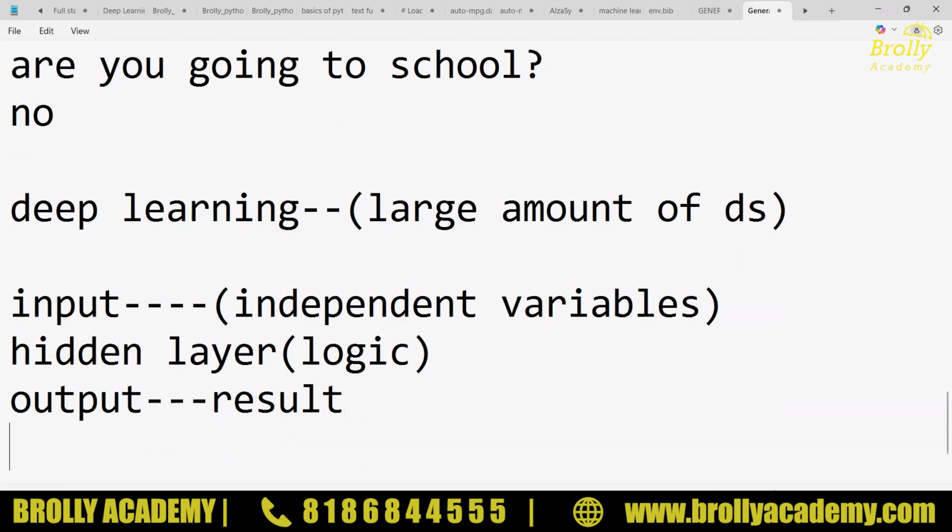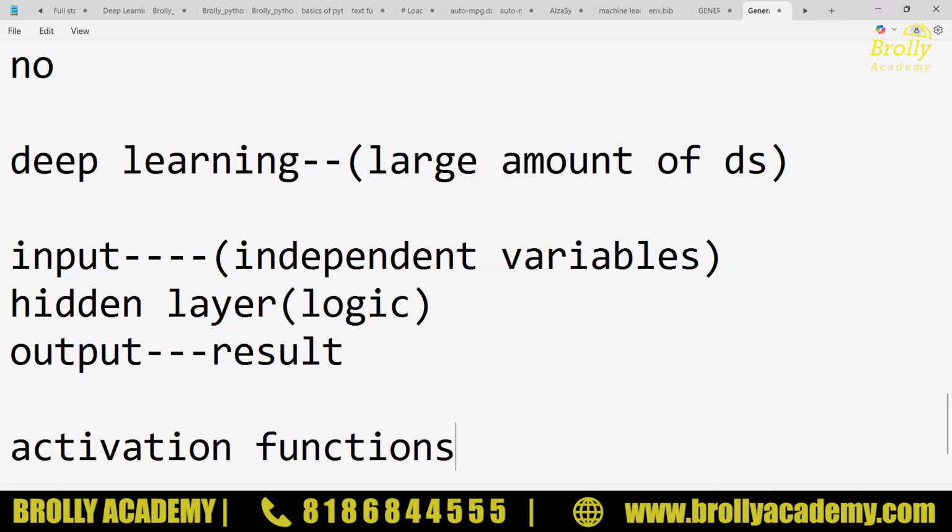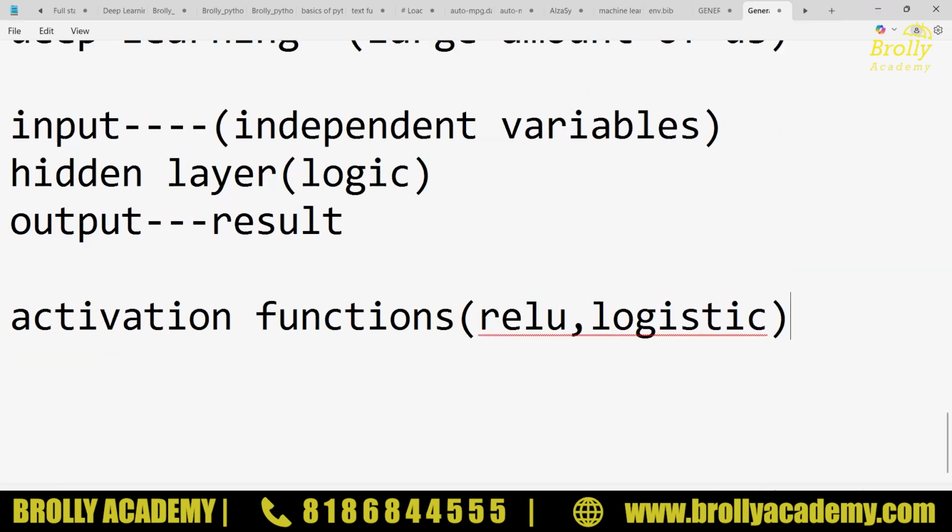Whenever we are performing deep learning techniques, we will have some kind of activation functions. What exactly are activation functions? Like ReLU, rectified linear unit. Whenever you work on sequential data, you need the help of this. Whenever you work with classification data, you will understand the concepts in depth when we move to the overview of machine learning. Based on these activation functions, we can perform all the deep learning models.